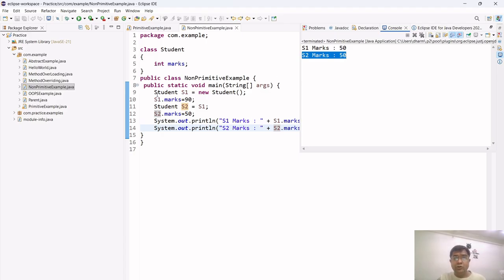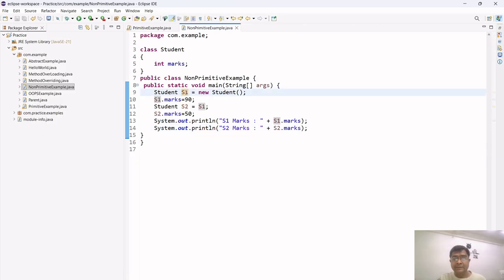we have created the object s1, right? And Java creates the object inside the heap memory. So this object s1 is created inside the heap memory, and s1 is storing the reference, and not the object. So this s1 is storing the reference, not the object. Now you notice this line,